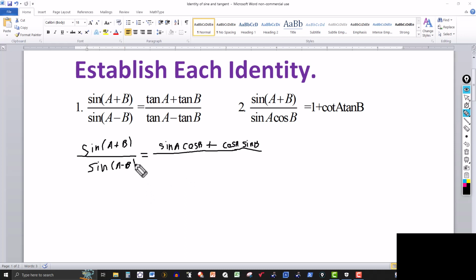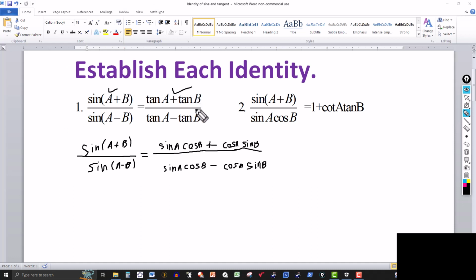And the same thing in the denominator, except there's a difference here, so I get the sine of A cosine of B, and the only difference is now it's a minus, and then it's the cosine of A times the sine of B. And the good thing about proving identities is you already know what the answer is. You know your objective. I start with one side, in this case the left side, and I want to get